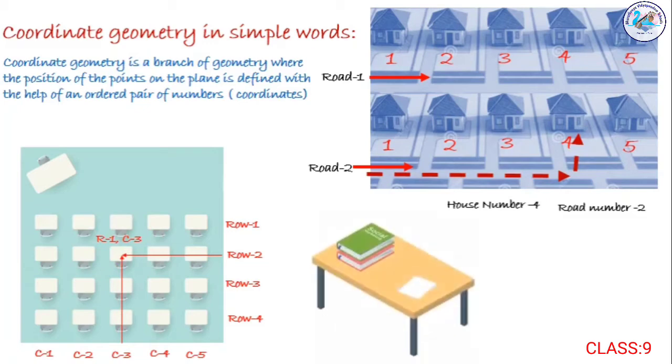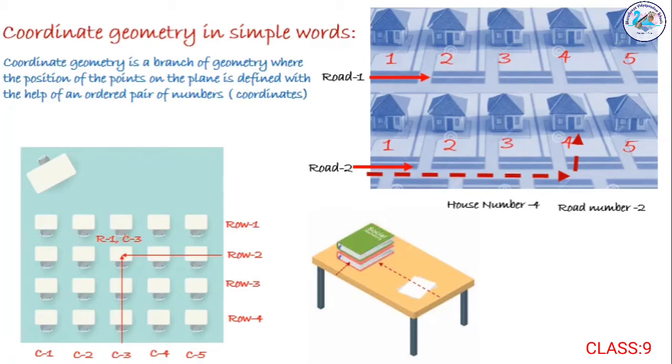Consider another case. Suppose you want to locate a book which is placed on the table. If you want to find the exact position of this book, here also you need two measurements or two parameters, that is distance from two adjacent edges. Means from here to here how much distance is there, here to here how much distance is there, then we will be able to find out the exact location of this particular book which is placed on the top of the table.